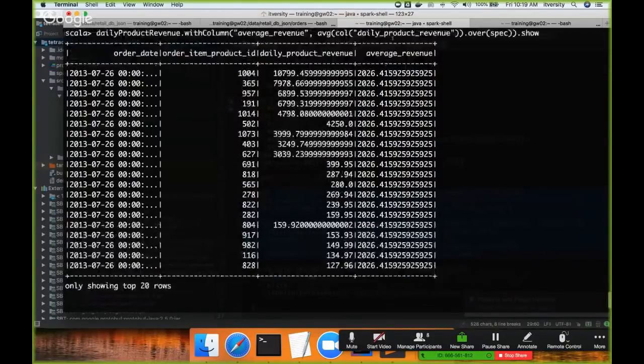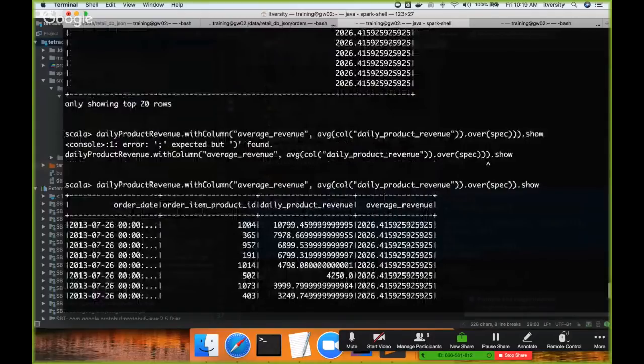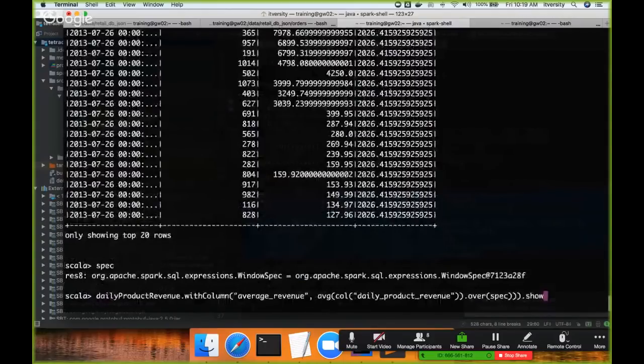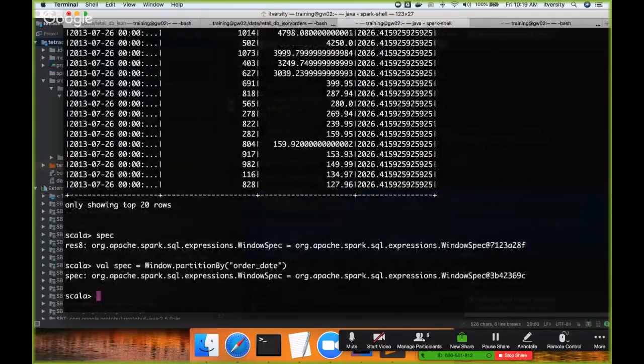So spec contains the partition by clause itself. Let me go back over the complete logic which you have applied to this spec object, and then we can actually build the function. So in this case, let's say average revenue. Let's say this is a column type. So using spec, we will actually build the column type. In this case, we are trying to get average revenue. So I can say avg, and this avg is from